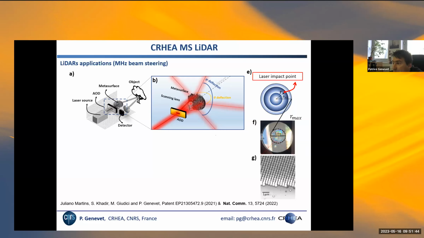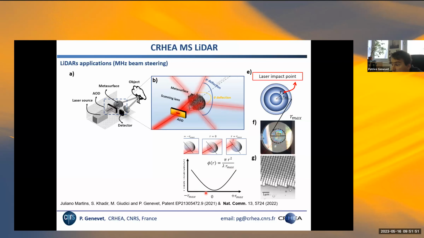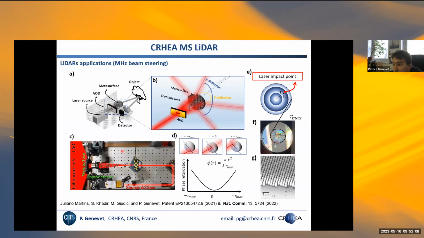For example, if I send the beam without any deflection exactly in the center, so if I shine the light exactly in the center of my metasurface here, because there is no phase gradient here, the light will essentially go straight. While if I start deflecting the beam with the acousto-optic deflectors, I will start picking up a phase gradient, and I will be able to expand and change the deflected angle up to 150 degrees field of view. So this is the top view. The laser is sent to the acousto-optic deflector. You have 2 degrees, and then at the output, you end up getting a very large field of view.